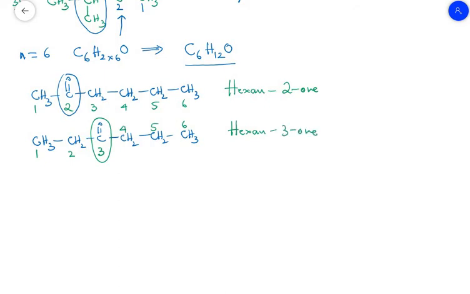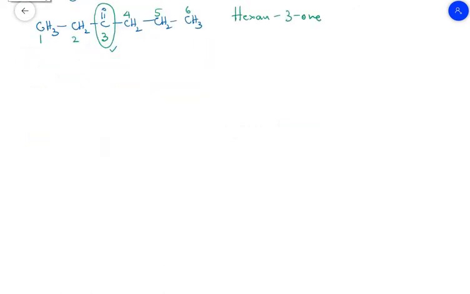But students, we can notice that if I shift this ketonic group to the next carbon atom, that is the 4th carbon atom, then also it becomes hexan-3-one. So there is no use of shifting this carbonyl group. Now all we can concentrate on is branching. In the case of branching, we keep our carbonyl group at one position, that is the second position, and later we go on branching at the next carbon atom. So I have a branch at the next carbon atom. Here 1, 2, 3, 4, 5 and this is our 6th carbon atom.